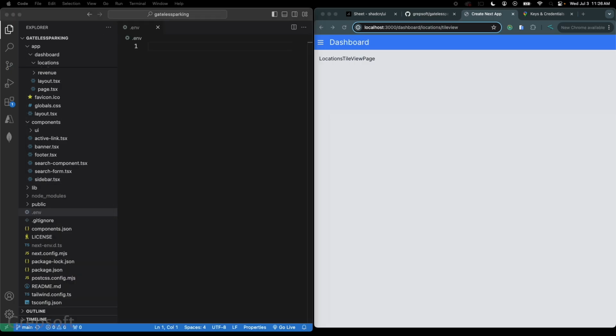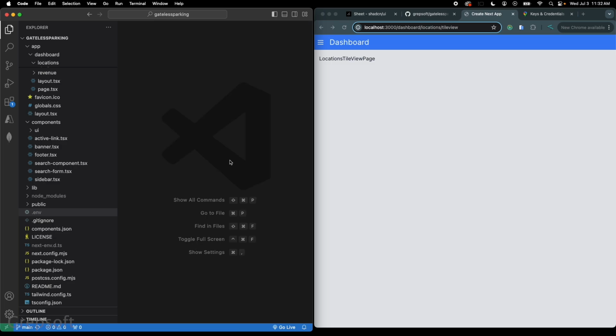Inside of it, we're going to put the variable. I'm going to start by saying Google Maps, and then you're going to do NEXT_PUBLIC_MAPS_API_KEY, like that. We're saying next public because we want this to be available on the front end. The reason is you cannot use the map on server side, because server side pages are static. You just cannot have that interactivity, so it has to be rendered on the client side. I am going to paste it here